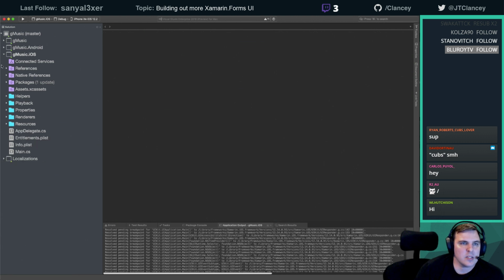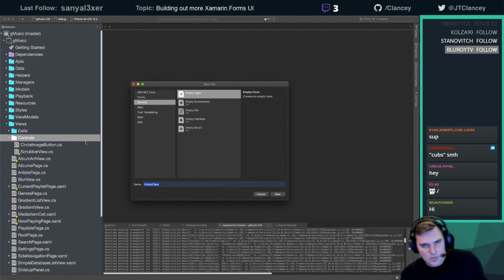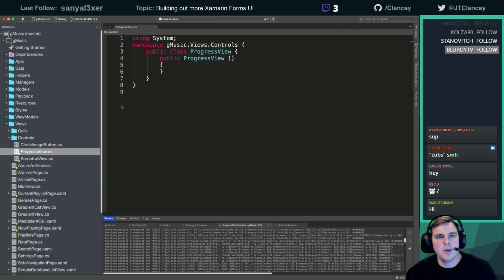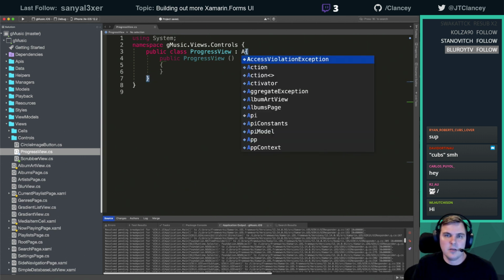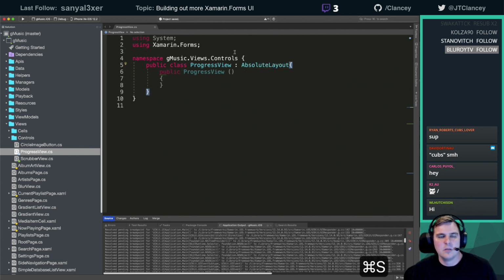All right, so let's go back into Forms. We're going to do as much of this in Forms as we can, because there's no point in doing this not. All right. So this is going to be a progress view. It is going to subclass absolute layout. And what we will do,